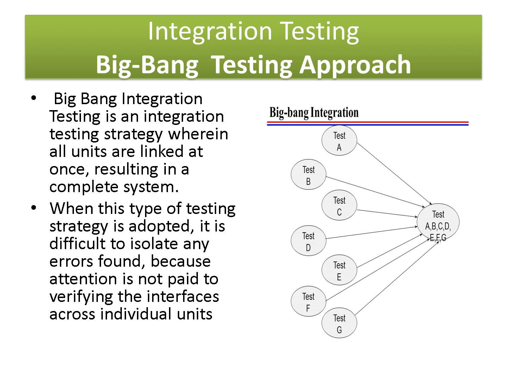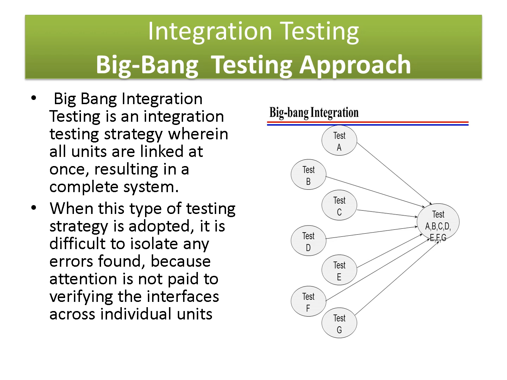Friends, Big Bang integration testing is an integration testing strategy where all units are linked at once, resulting in a complete system. Friends, if you observe the diagram available in the screen, there are modules from A to G. All the modules are integrated to form a complete system, and in this complete system where all the modules are integrated, integration testing is done, focusing on screen connectivity, data flow, and all the integration testing parameters which we discussed